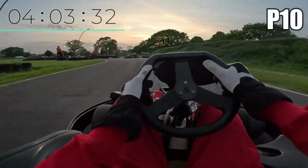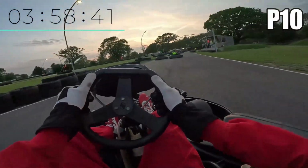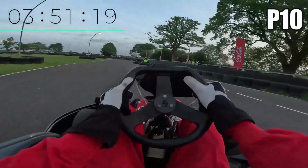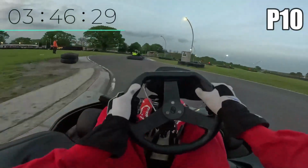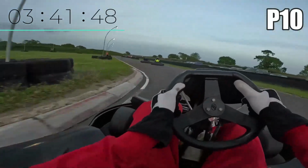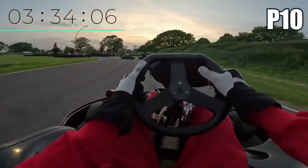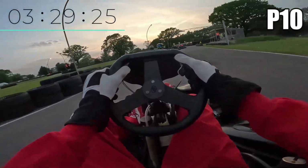And these two up ahead are starting to fight, so that's going to cost them a lot of time, and you'll see by the end of next lap how much we can catch up to them because they're battling, and I'm able to just be in clean air, lap normally as I would, take the normal lines the fastest way around, and then gain a lot of time on those two who are getting in each other's way a bit, attacking, defending and taking different lines. So we've gained a little bit on them already, and you'll see a move there, lovely move, but we've managed to gain on them so much in just one lap